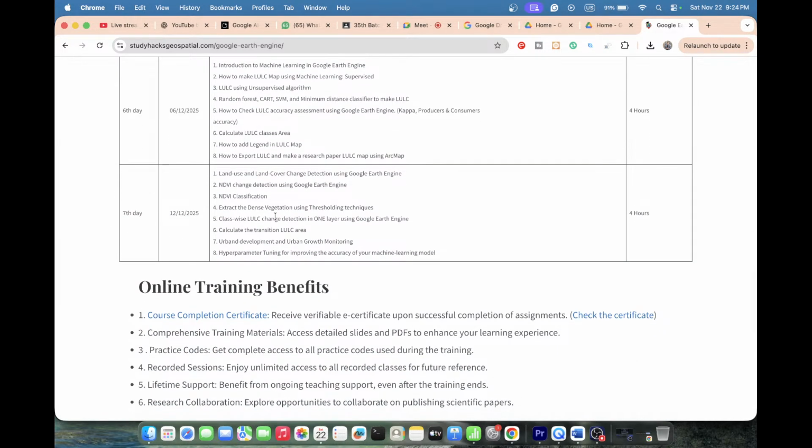Quick question: if we already use Google Earth Engine and it computes everything, why do we need QGIS or ArcMap? Yeah, so basically Google Earth Engine provides you the data. This map we cannot use in our research paper. Okay, we cannot use in our research paper. If you check different types of research papers, the maps have a layout. So we need to add the title, we need to add the legend or north arrow. So for creating a better map layout, we use the ArcMap or QGIS software. But our main analysis we are doing using the Google Earth Engine.